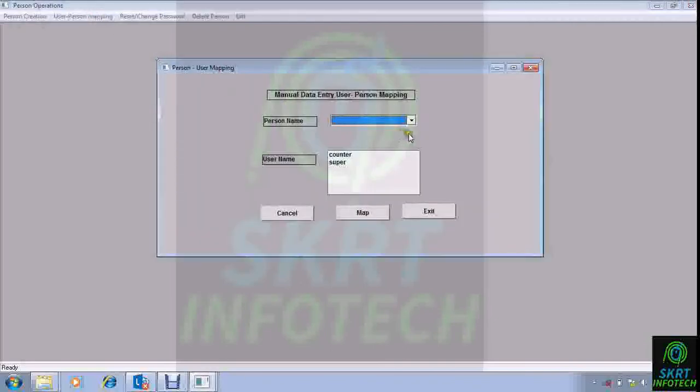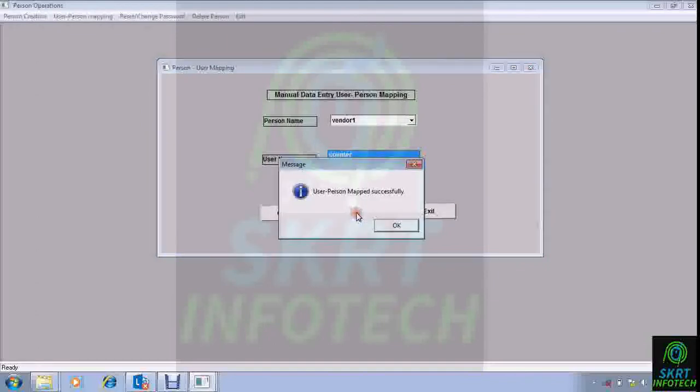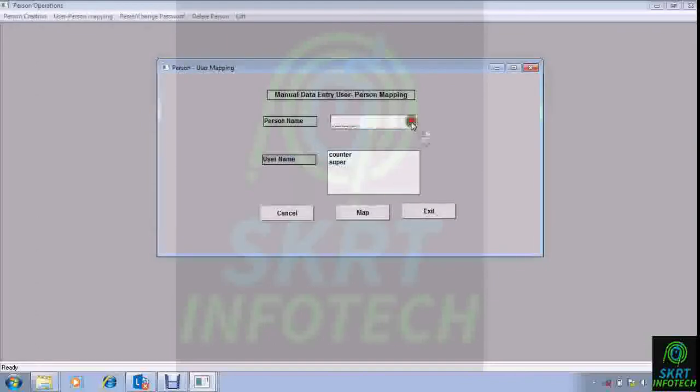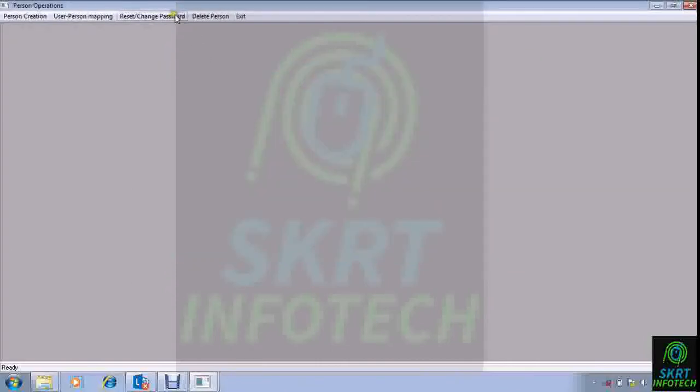This is actually to give the rights, but now that we have removed rights, you can map them. Okay, so now person mapping is done, and reset, change password, delete person, everything is the same.